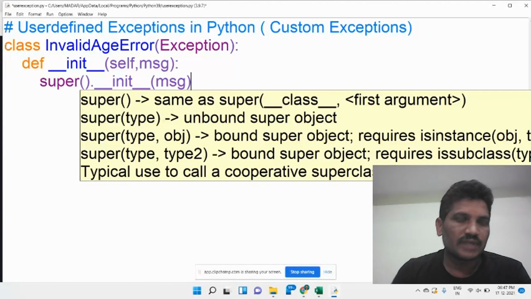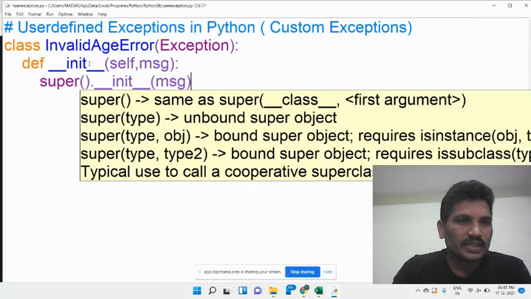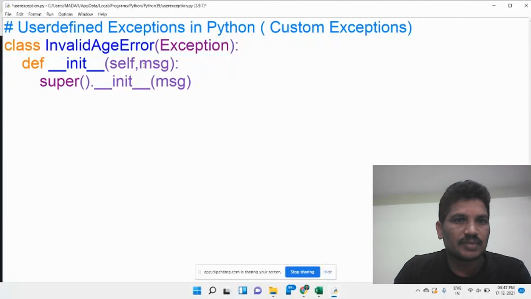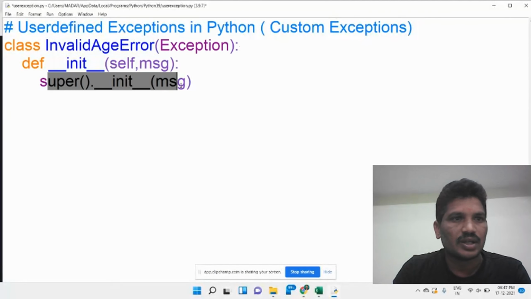Because whenever you create a user-defined exception, you must create one class, and that class must be a subclass of the Exception class, as I just told you. Then the init method I create as per my application. The init method consists of one argument called message. Then super init, with message passed as the argument. At that time, the init method of the Exception class will be called. The init method as defined in the Exception class will be called when you write the statement.